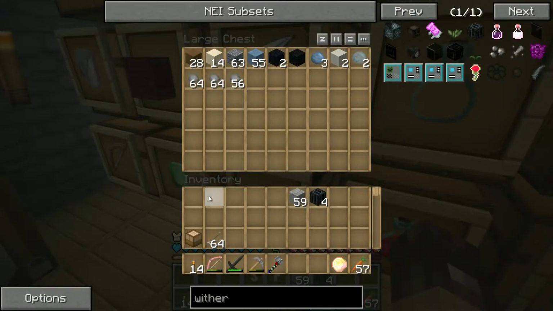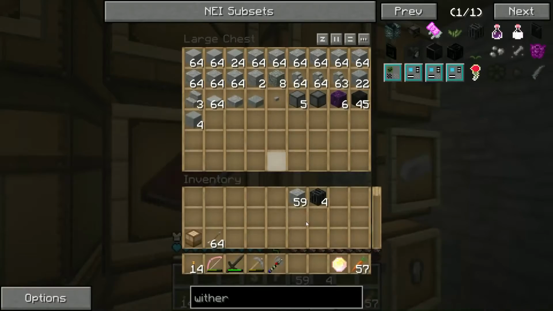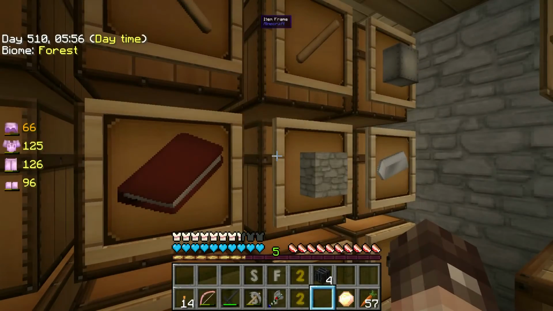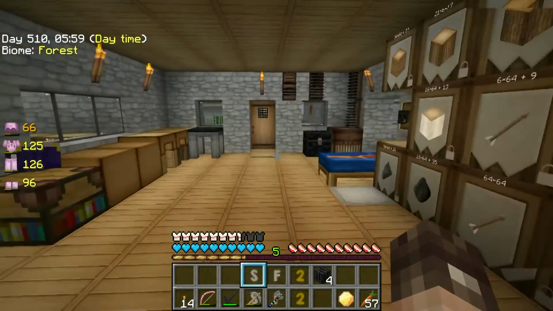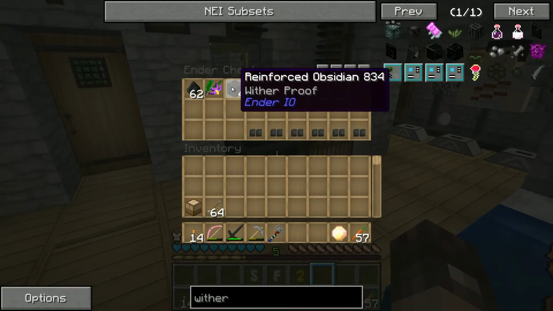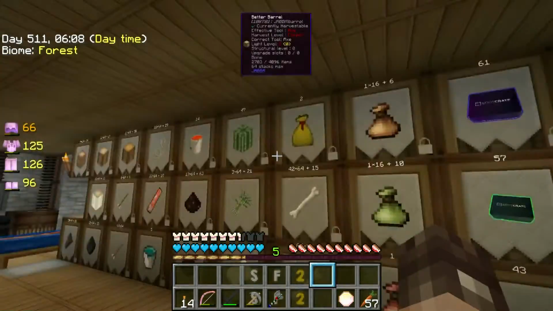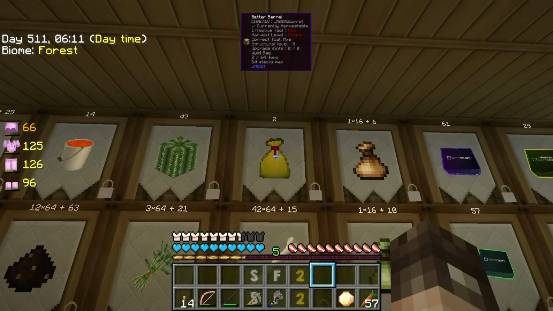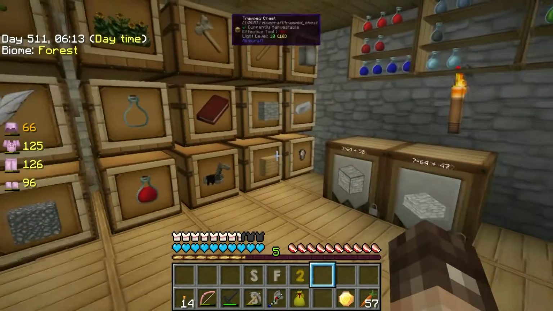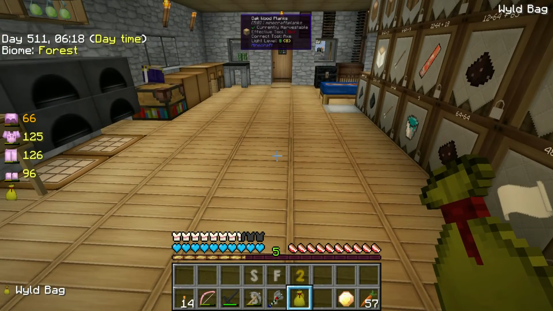So what we will do is we'll keep our reinforced obsidian, and we'll keep that downstairs with the rest of the Ender IO stuff. We'll smelt some more boots. But why don't we, while we're here now, there's a couple of things. These here, I've now got 2 of them, and these are wild bags, and I have absolutely no idea what is in them. So let us...